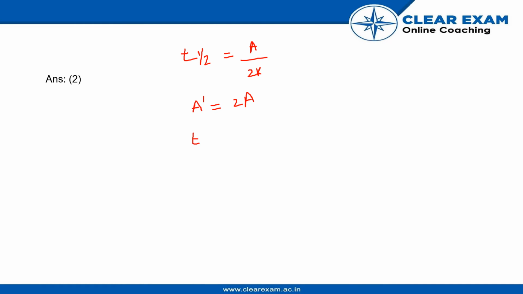T half dash is equal to A dash by 2K, which is equal to 2A by 2K,